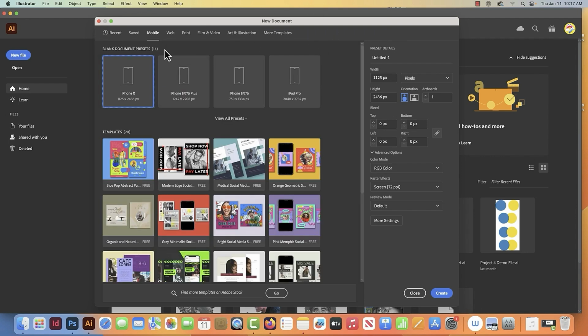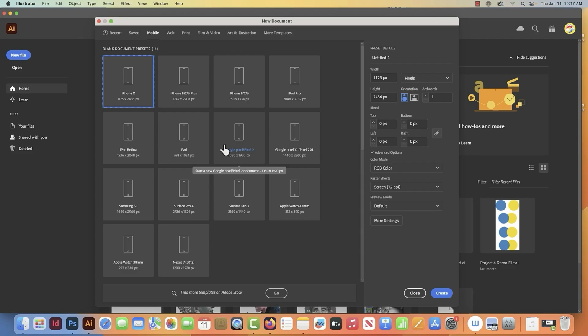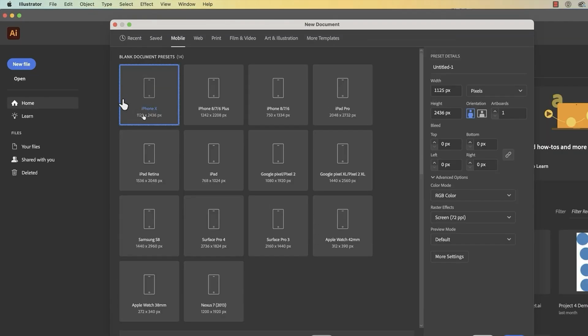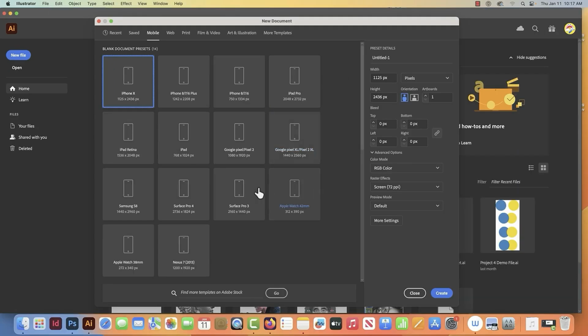we can investigate what some of these formats will give us. You'll notice that if I click on mobile, I get file formats that pertain to a particular device. You'll notice that there is an additional option that shows view more presets. And then below it, you can see some of the templates that might be accessible for you. I'm going to go ahead and select view all